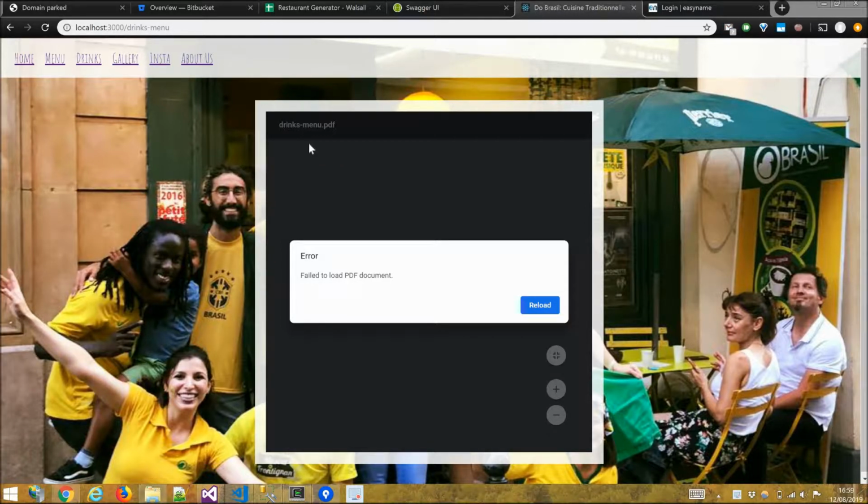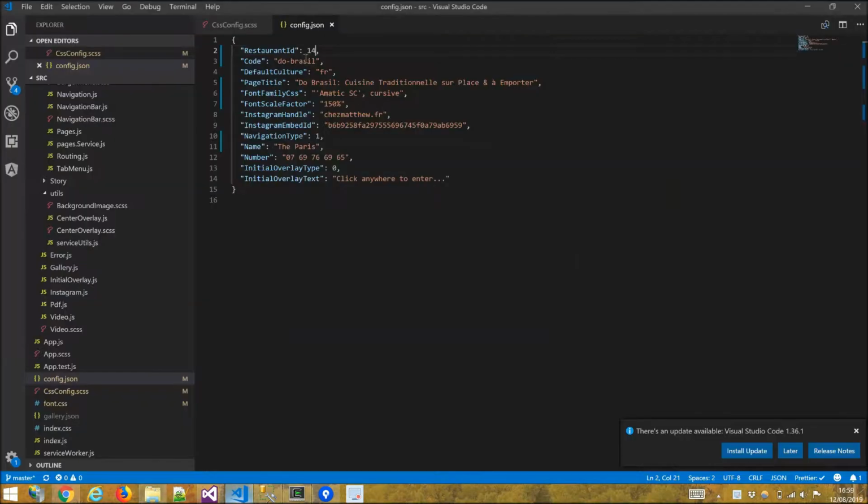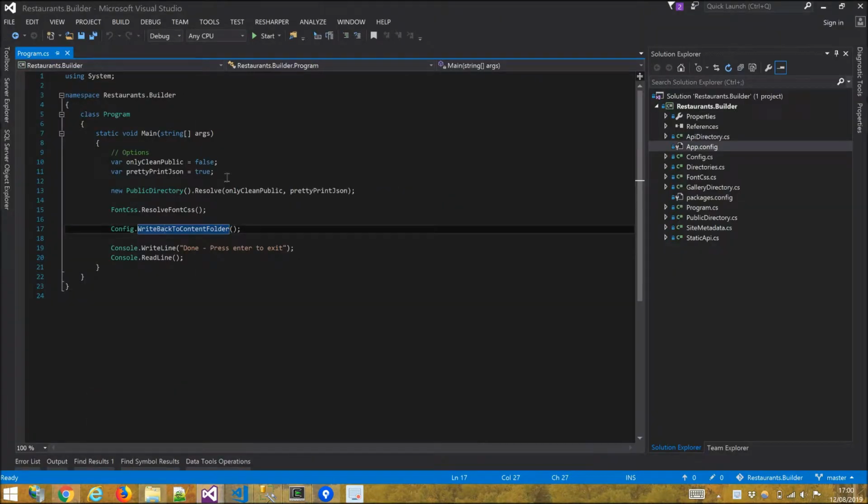The reason it's not quite right is because some of the content is missing. So we want to configure everything and not just the restaurant ID, because there's other configuration available, and we want the content in place. I'll start out with the content, and that comes from this script, as I mentioned, which will also load the API